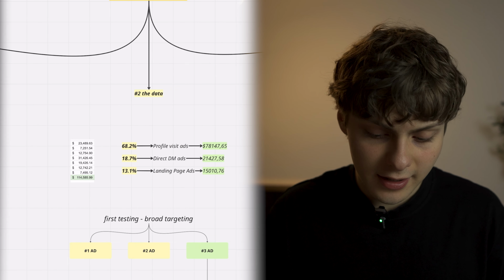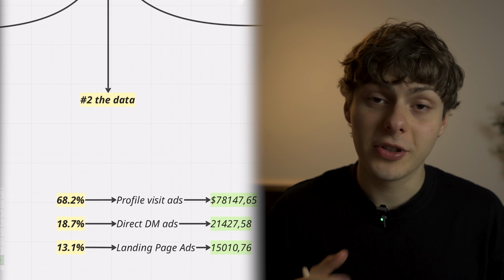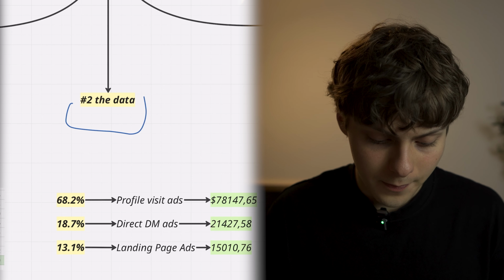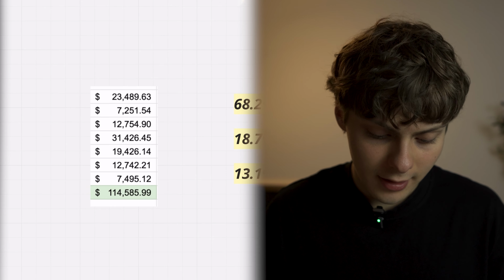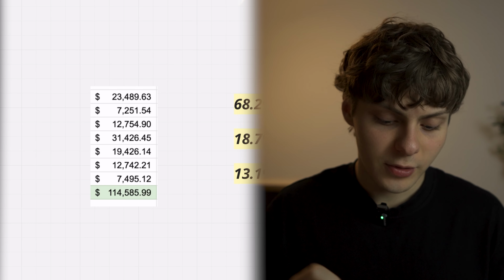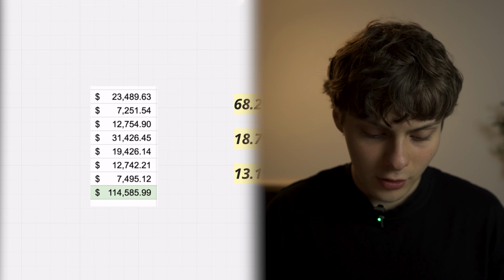Okay, and now to the second step, so the data. And to be honest, my favorite. So let's talk about the data. So this is all the ad spend per client in this time frame. And as you can see, it's anywhere from $7 to even